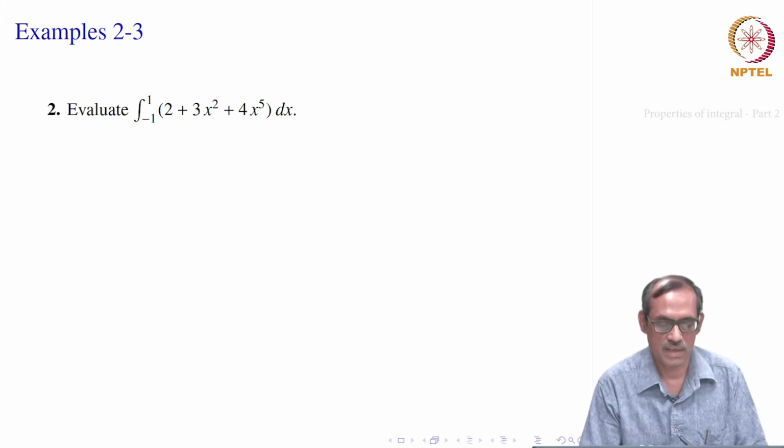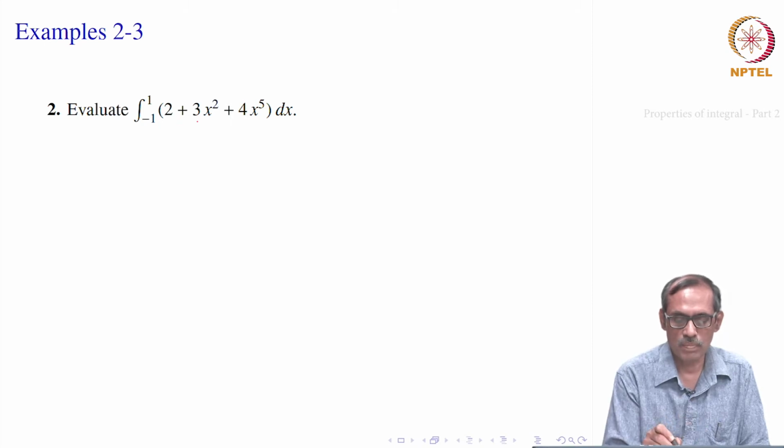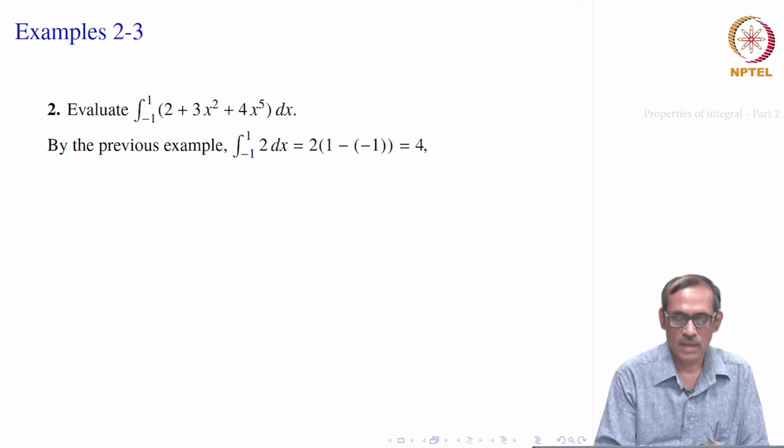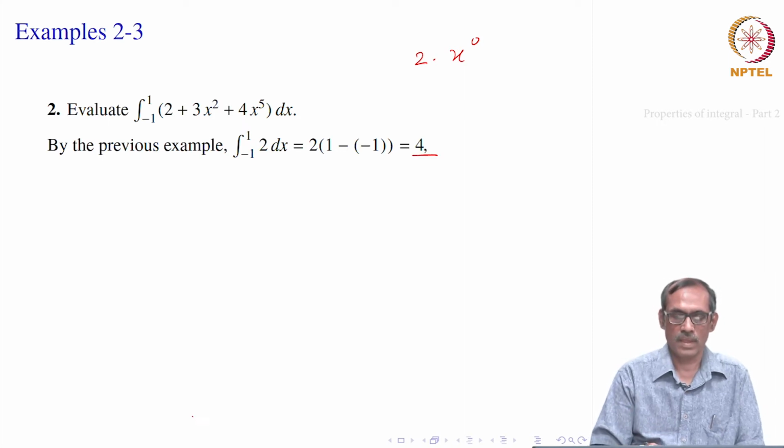Okay. So, let us check another example. Evaluate the integral from minus 1 to 1 of 2 plus 3x square plus 4x to the power 5. Okay. So, we apply the previous example and our properties. First thing is the integral of the constant function 2 dx, it means 2 into x to the power 0. Or directly you can get from our property that the integral from minus 1 to 1 of 2, where 2 goes out and it is 2 into b minus a, which is 1 minus minus 1, it is 2, that is equal to 4, right.